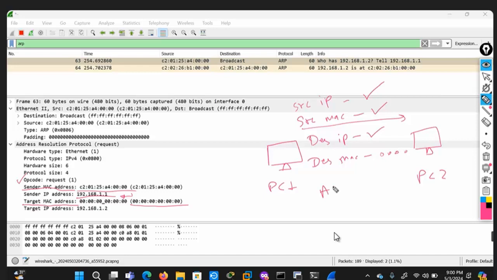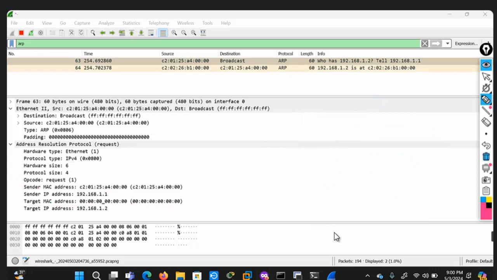This is the ARP request. While replying, PC2 will put its own MAC address in this destination MAC address field, so that PC1 will get the MAC address of PC2. This is the real concept. The target IP address is there, and in the target MAC address there are all zeros.